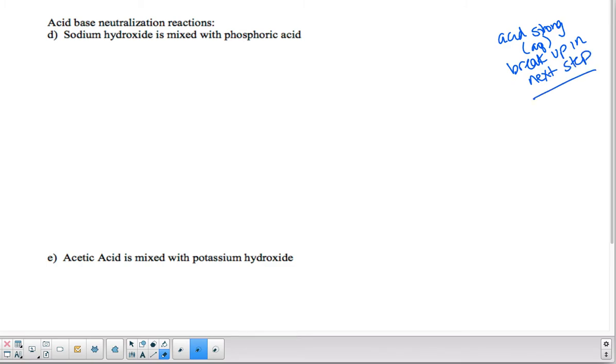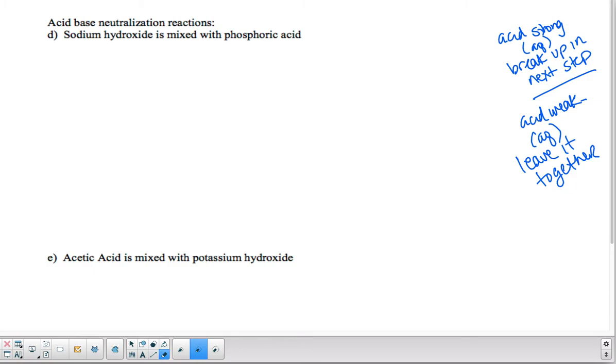Okay, that makes sense, correct? Now, if the acid is weak, we're going to write AQ next to it, but it dissolves. But remember, because it's weak, what does it mean? It doesn't completely dissociate, so we're going to leave it together in the second step, but still have AQ next to it. These things are still dissolved in solution, but not in ions. So that's going to be something you have to pay attention to anytime you do a net ionic with acids